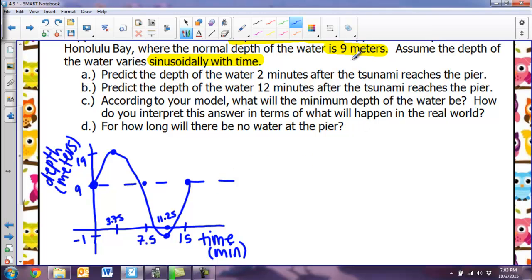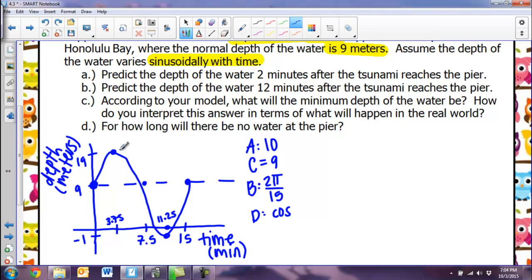So let's go ahead and then name all of the pieces so I can write the equation. So A, the amplitude, they already told me was 10. They even said it. They said amplitude. Okay, and then C, that middle point here was at 9, that normal depth. B, we're going to take 2 pi and divide it by my cycle length, or my period. And so it took 15 minutes to get there. And remember, that was in the problem. Can't simplify that down. And D, there's a couple ways we can do this. If I wanted to write this as a cosine graph, I would go to that high point, and